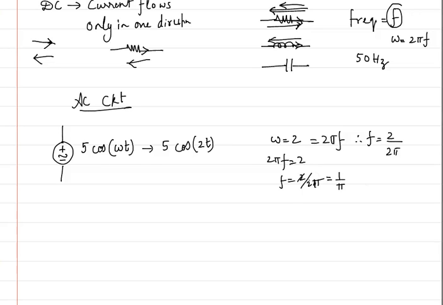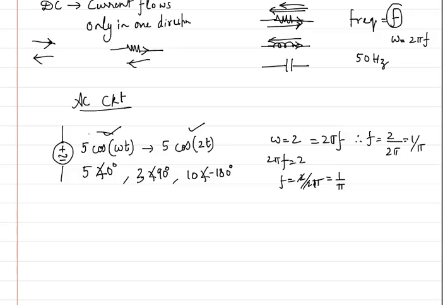2 and 2 cancel off. 1 by pi. So we should be able to find that out, that it will be 1 by pi or whatever is the value. So it may be given in this form, or it may be given in this form, or it can also be given in a different form, and that form is basically like pi angle 0 degree, or in a separate case it might be 3 angle 90 degree, or even let's say 10 angle minus 180 degree. It can be in any one of these forms.